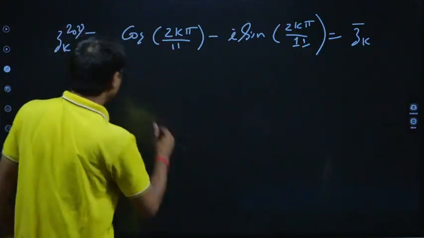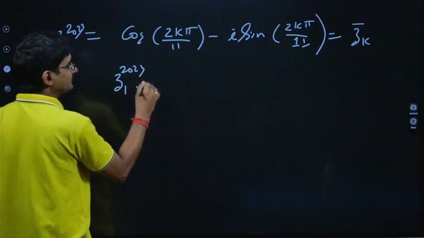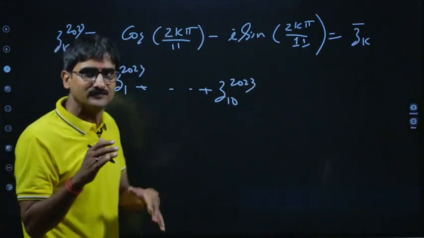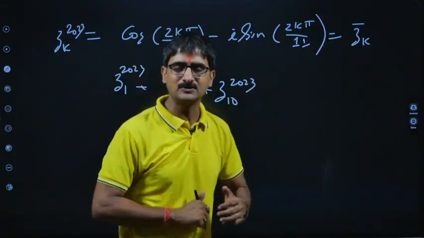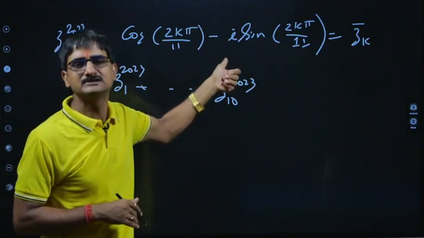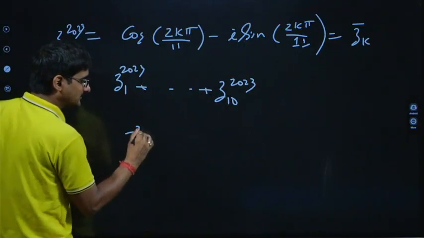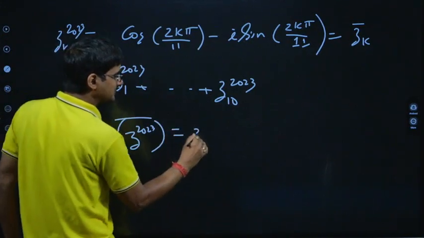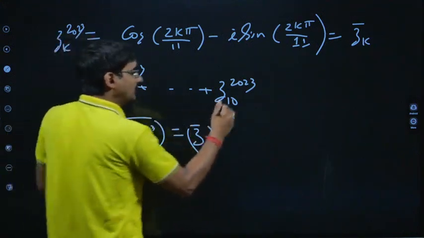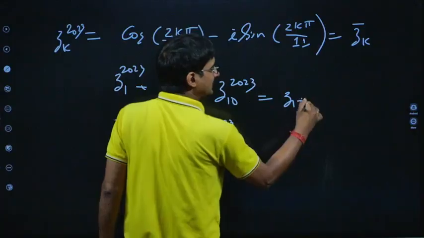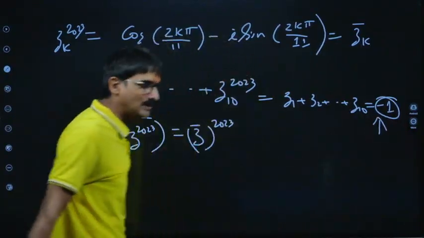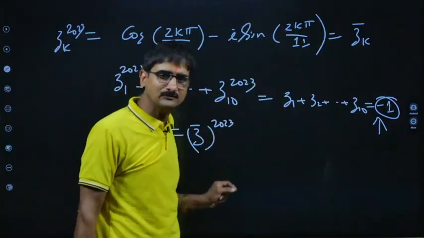Okay, so again, if I am just adding them up, one is a real number, so there are 5 complex and there are 5 corresponding conjugates. So if this is a root, of course the other one will definitely be its conjugate for sure, because again the property says the conjugate of z to the power 2023 is z conjugate raised to the power 2023. I think I am clear, bachcho, isn't that? So what does that mean? This is nothing but z1 plus z2 up to z10, and that is nothing but minus 1. So that should be the answer. Okay, all of you I believe would have understood that.